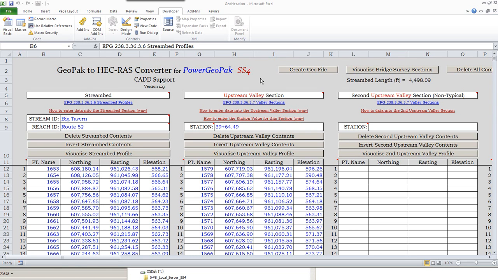Okay, this video is a general overview of the GeoPack to HEC-RAS converter. What this spreadsheet will do is take the data that is entered below in the fields and convert that data into a format that can be read into the HEC-RAS program. Now, when you first open up the spreadsheet, the default information is some sample data,